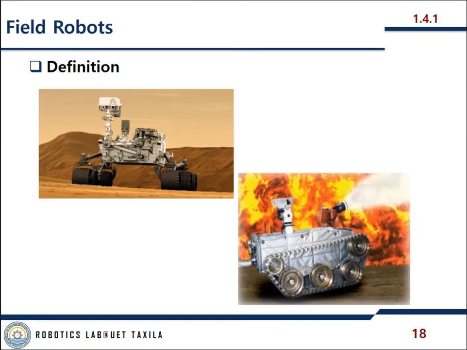Then we have field robots. The context is that of deploying robots in areas where human beings could not survive or be exposed to unsustainable risks. Such robots should carry out exploration tasks and report useful data on the environment to a remote operator using suitable onboard sensors. Typical scenarios are the exploration of volcanoes, the interventions in areas contaminated by poisonous gases or radiation, or exploration of deep ocean or space. So here is a space robot, a firefighting robot. So these are typical